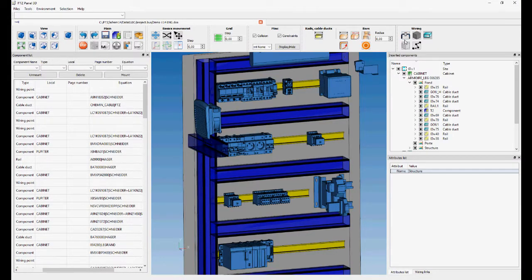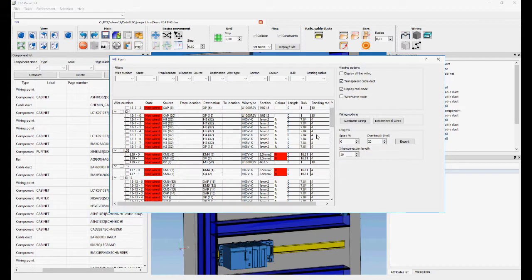Once I have done my insertion, it is also possible to recover the list of all the wires defined in the electrical project. Here is the list of all the wires defined per wire number. It's possible to automatically wire all the wires of the project, and it's possible to display them in the 3D window. As you can see here,